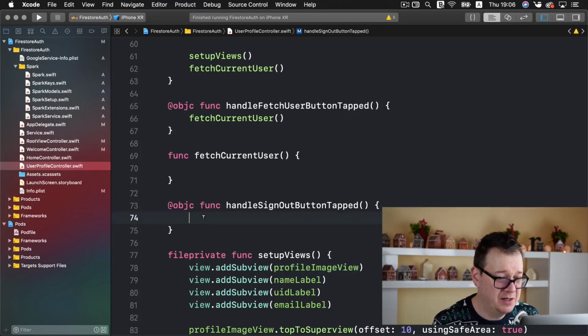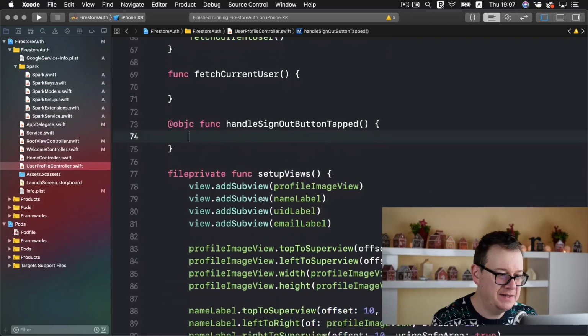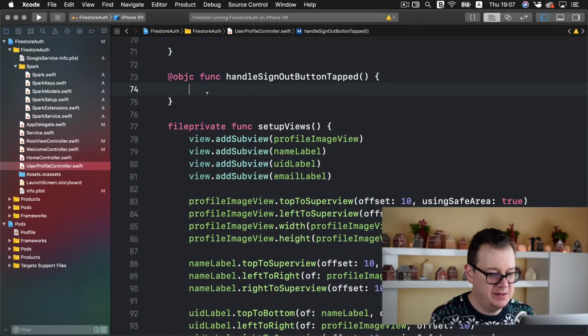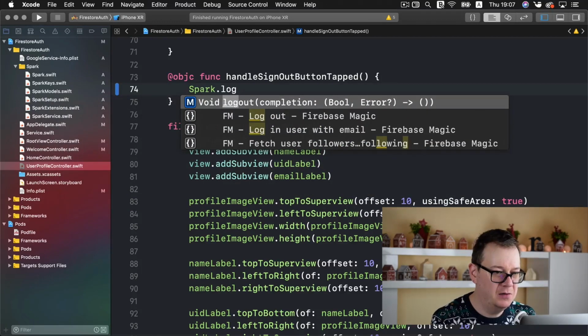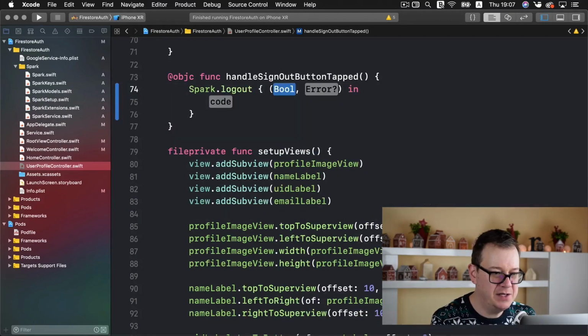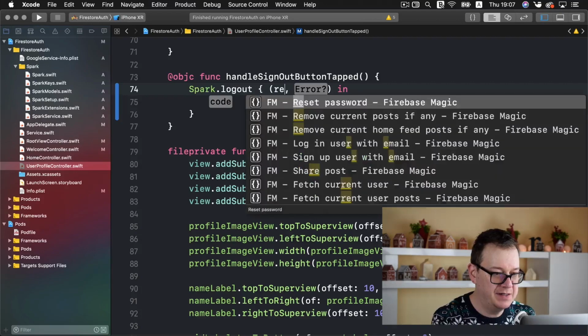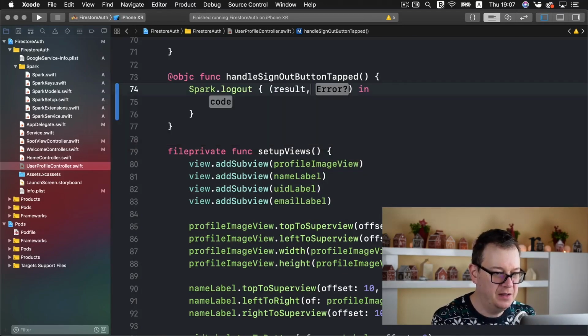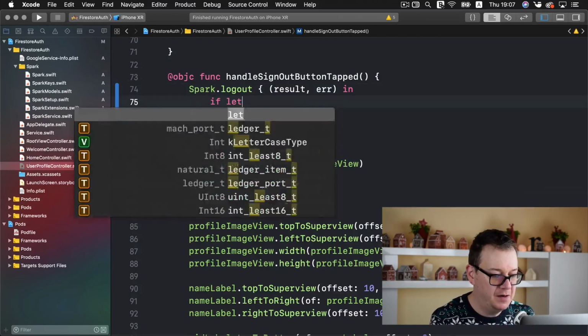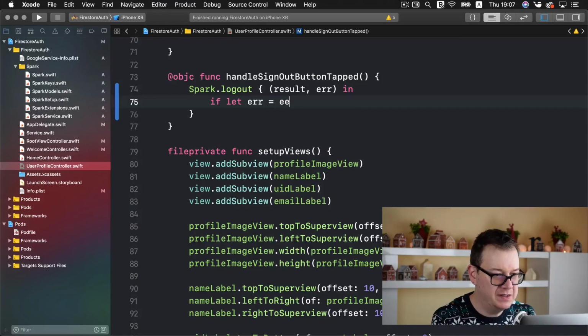Here is our sign out button tab. So we are going to sign out. And again, with Spark, this is fairly simple. So let's just type in here Spark and log out, and let's hit the completion, and we have our result here and our error. So let's take a look at our error. If let error equals error,